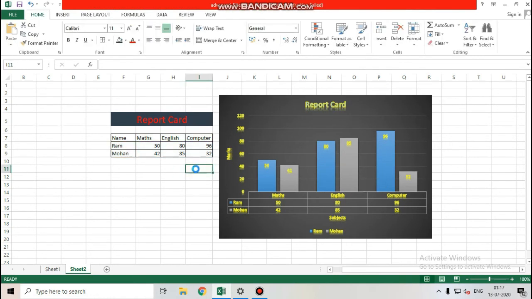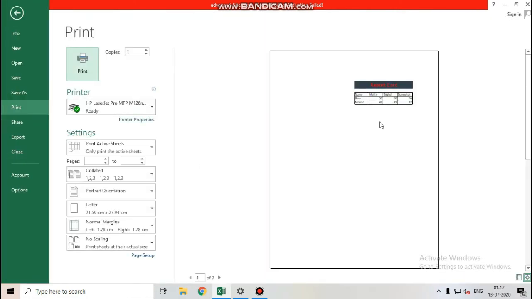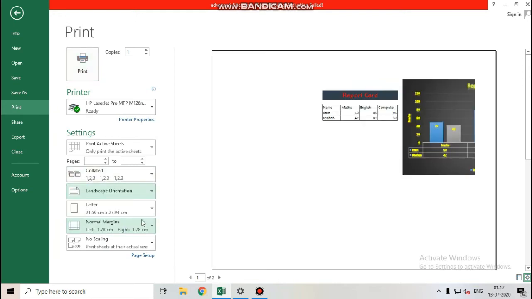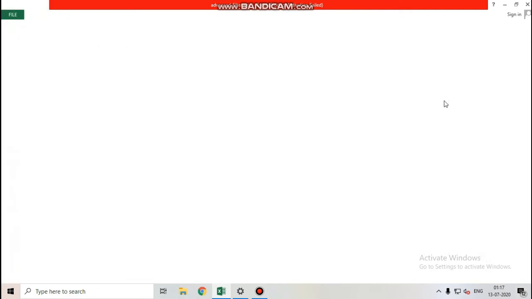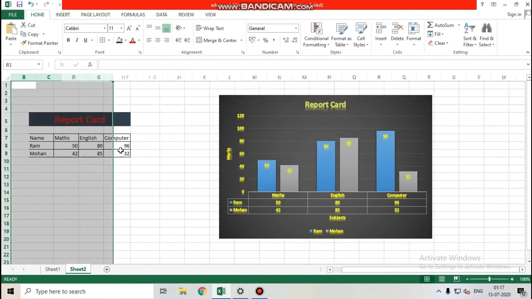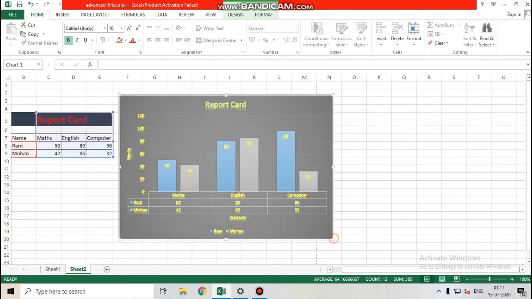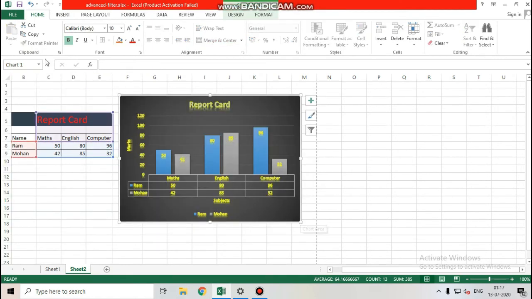If I want to print your chart, I will press Control P. When I do this, I get the chart, but here I don't have the chart, so I have to change the landscape orientation. Now I have this. So in the print preview, I will have to do some changes. I have to just remove, delete, and make it a little bit smaller.